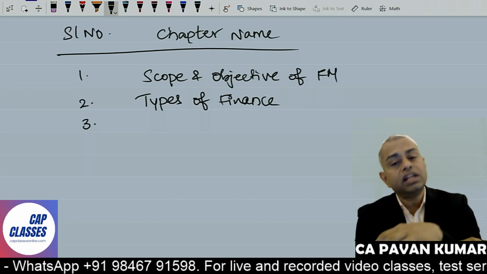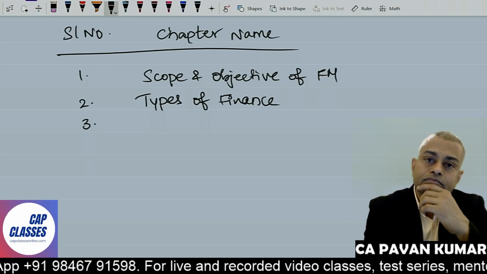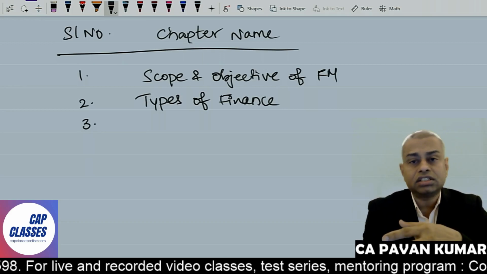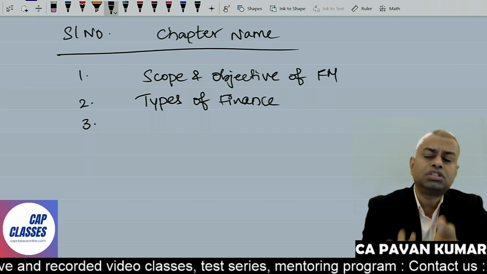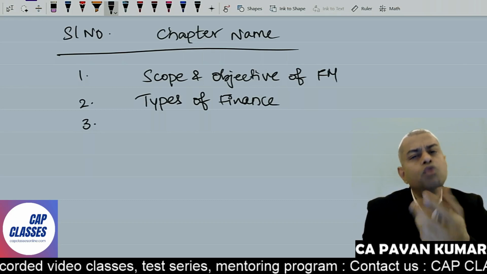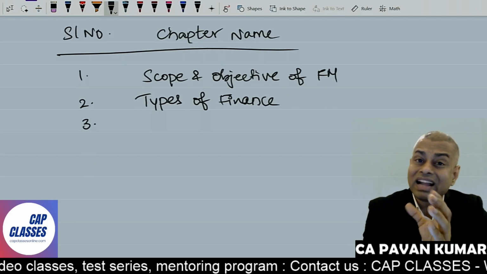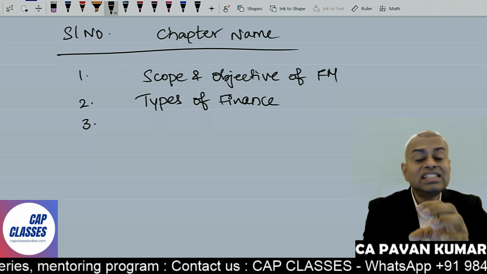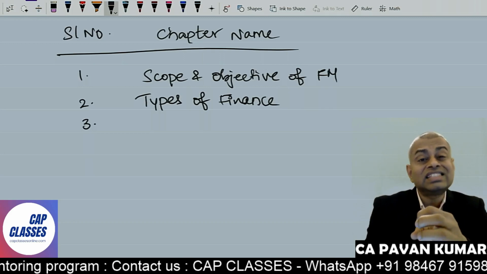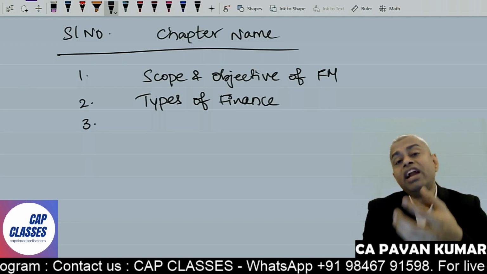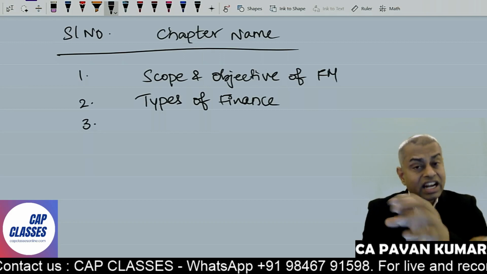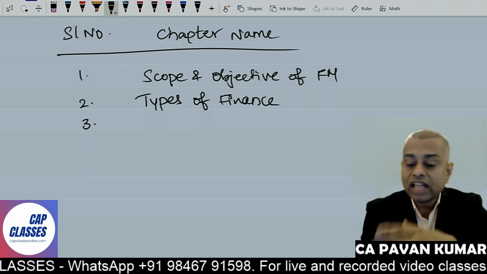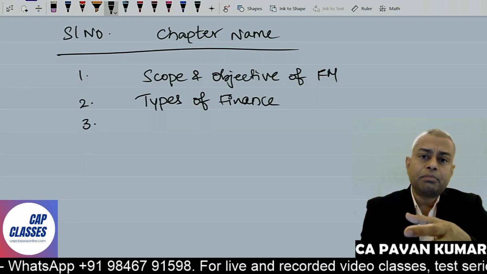Then there can be so many things that fall under the umbrella of debt. There can be bank loans, project finance, bonds, debentures, and many other types of working capital loans, packing credit, cash credit, overdrafts, and so on. All these things are debt. So what are the various ways and means, the various types in which the finance required in a business can be mobilized? How many options do we have? That we'll discuss here. This chapter is pure theory.